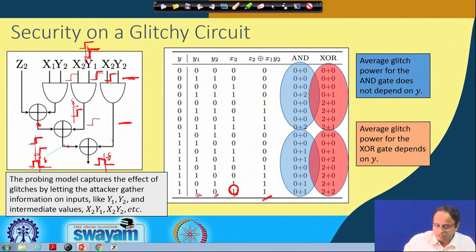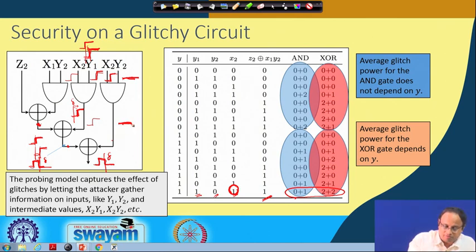Now if you consider the number of transitions before delta and at the time of delta for both the AND gates and the XOR, they are shown here in this particular table. So you can observe, let us see the AND first. The AND essentially makes a transition at the instance of delta. This is the only transition which the AND gate is making. Here this AND gate is not making any transition. This AND gate is not in our account, but what we are considering is this AND and this AND.